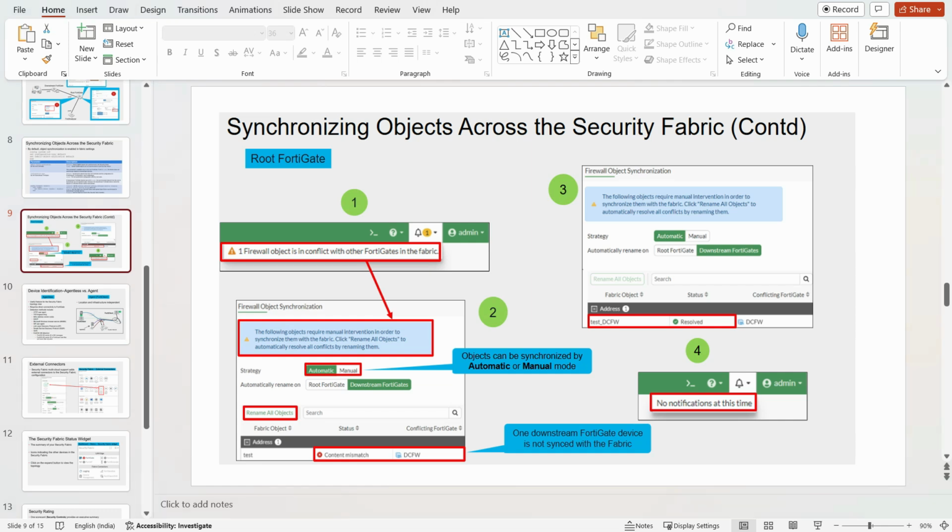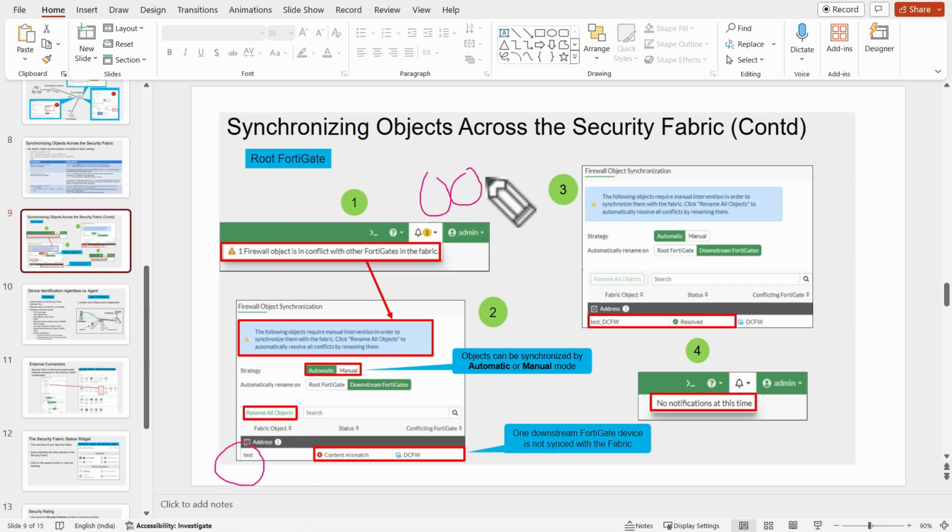Here we can see, let's say we have an issue with synchronizing objects across the security fabric. One of the issues we have seen is a firewall object conflicting with another FortiGate in the fabric. Let's say you have two FortiGates and the object name is test.